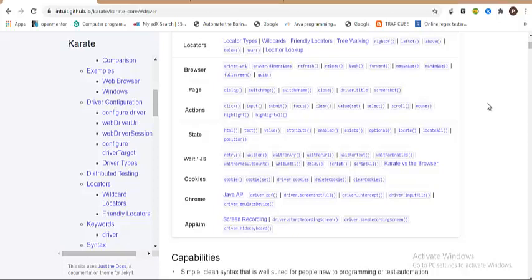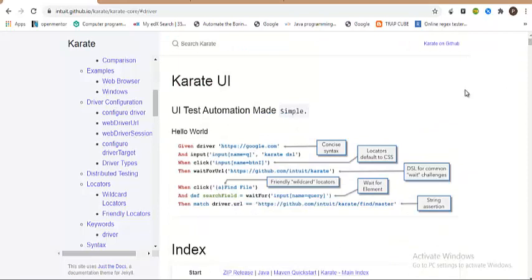So, in our previous lecture, we have understood theoretically how Karate can help us in terms of automating the front end UI. We understood that Karate internally uses Selenium, and we discussed the features that it has with respect to the locators, with respect to the different methods it has, and also with respect to the way that it communicates to your browser. So right now, the thing that I'm displaying is the Karate official documentation.